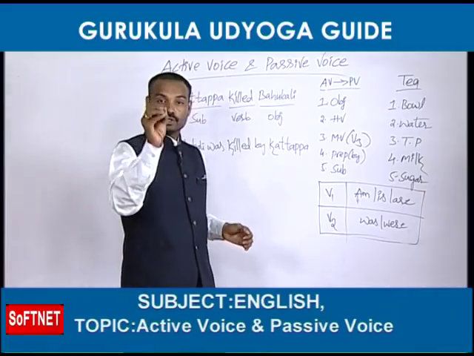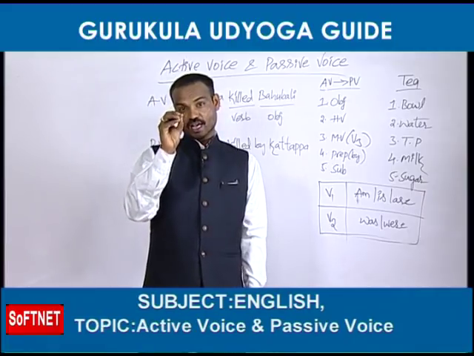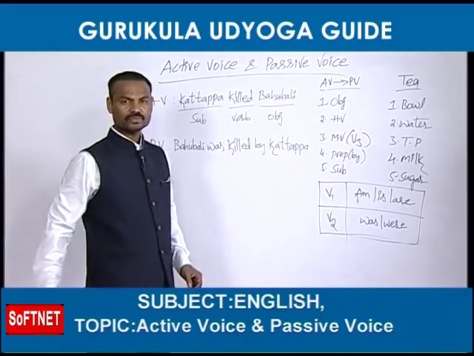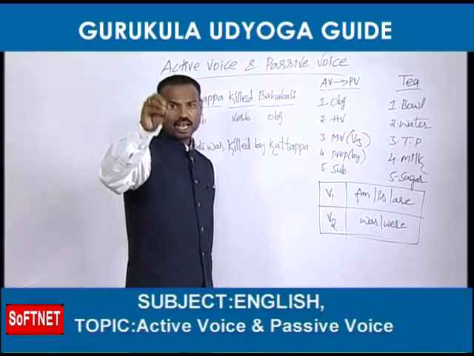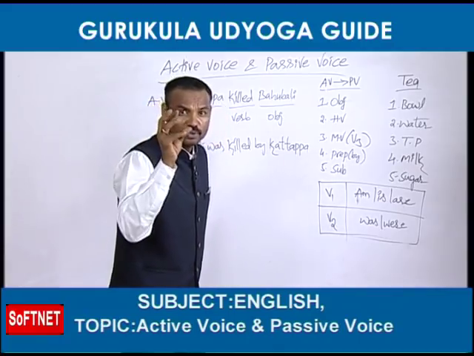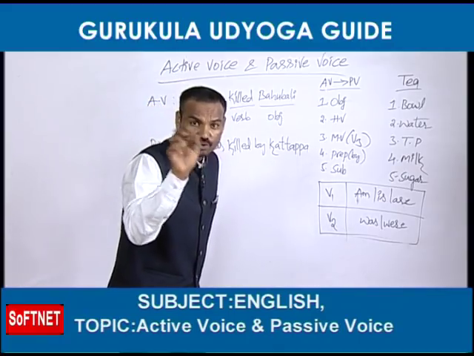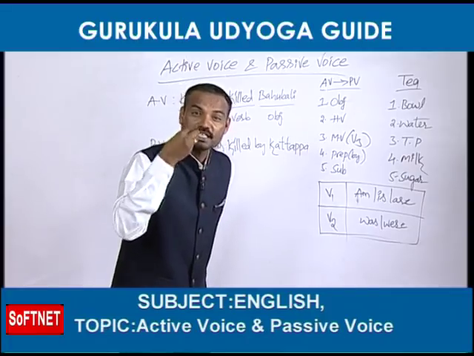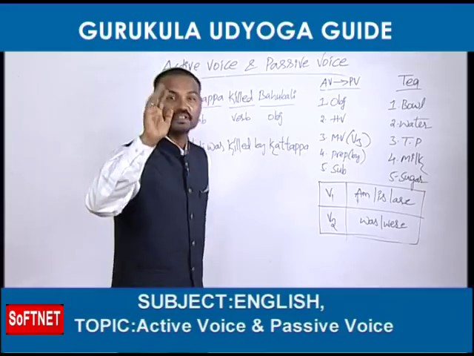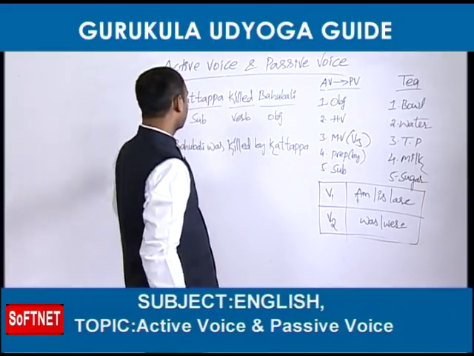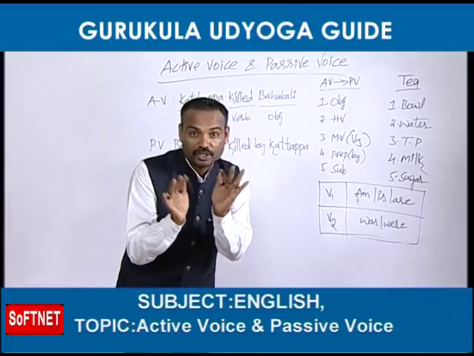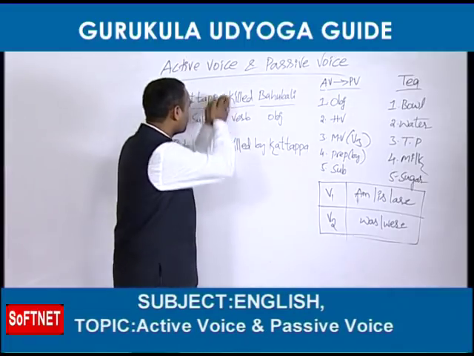If you want to know how to catch the object in the given active voice, first you should go to the verb. At least you should have the idea of finding the verb. If you know how to find out the main verb, you can easily get where is the object. You can also easily get where is the subject and object. Everything you can get, friends. So in the given active voice, at least you should be able to find out where is the verb. Come on, tell me friends, where is the verb?